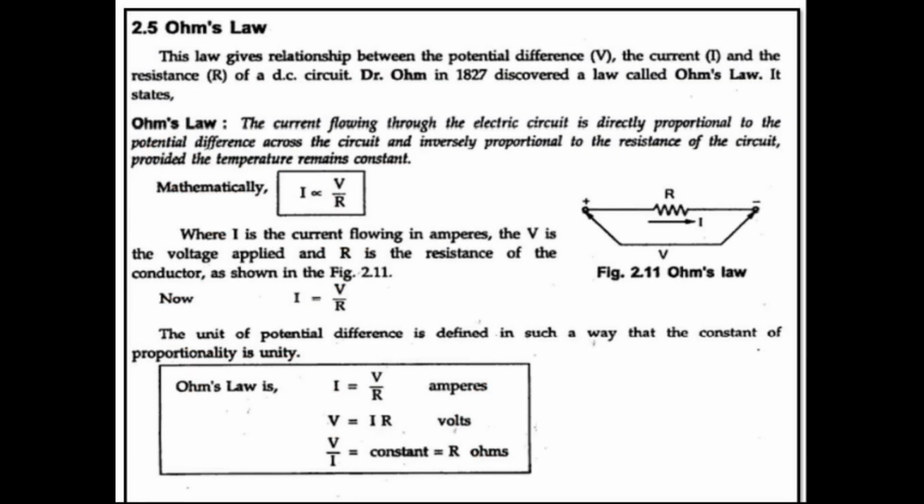Now you can see over here, what is Ohm's law? This is a question often asked in interviews and vivas. So basically guys, this is the conductor or resistor, and a potential difference V is created across this. So what is the definition of Ohm's law? The current flowing through an electric circuit is directly proportional to the potential difference across the circuit and inversely proportional to the resistance of the circuit, provided physical conditions